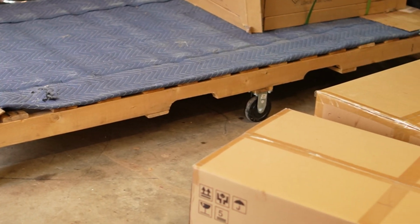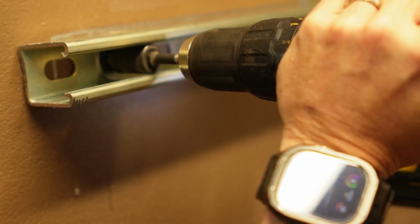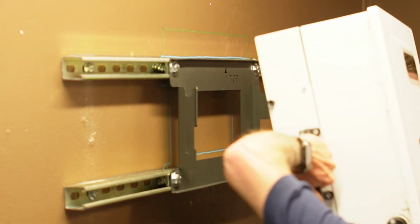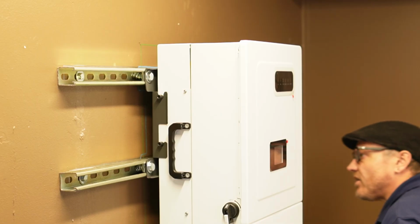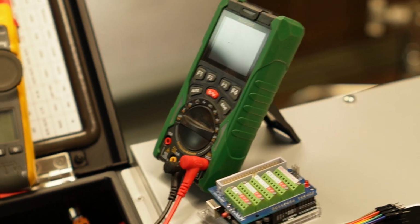Today, we're going to work on unboxing. Then we're going to show you how to install it step by step, keeping in mind safety, UL compliance, National Electrical Code, doing everything by the books. Once we have the inverter all wired up, we're going to do some rigorous tests and see if this thing